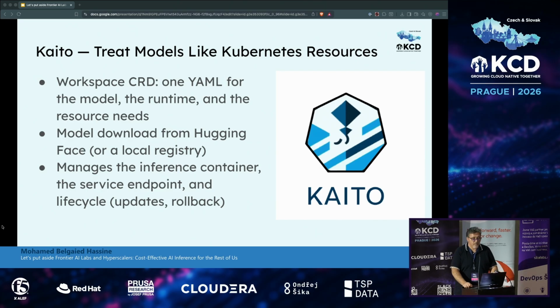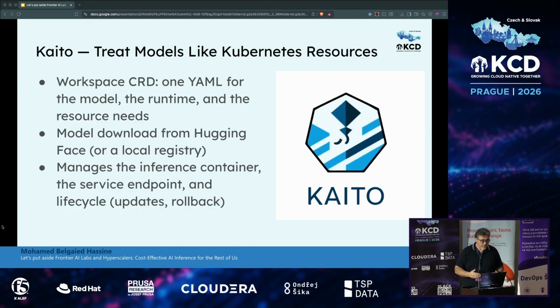Now, Kaito. The problem that you had before Kaito was that deploying a model on Kubernetes meant that you need to put together multiple things that need to interact correctly, like a vLLM to do the actual inference, choose the right version of vLLM for the right GPU, and which CUDA version, and figure out how you run this vLLM correctly, and how do you configure the rest of the components, such as config maps and services and secrets and stuff like that. So it abstracts all of that for you.